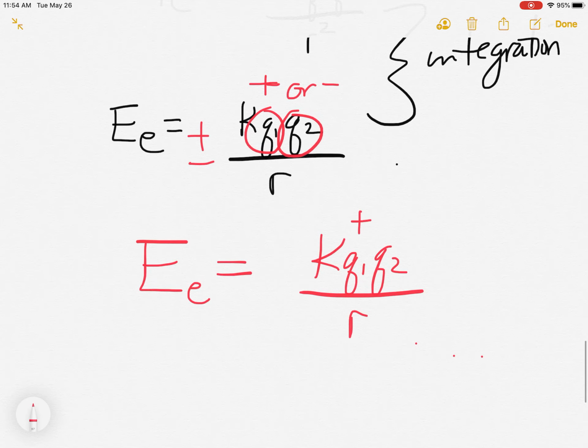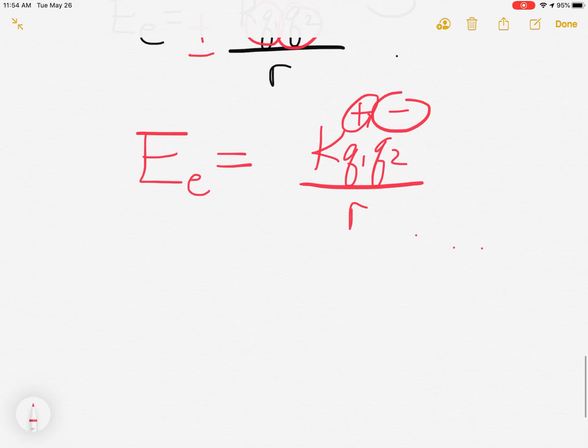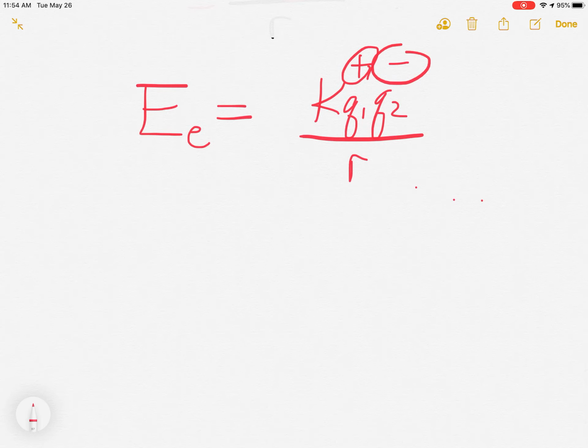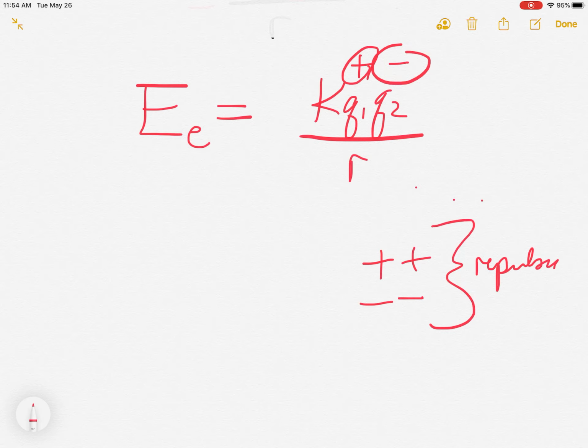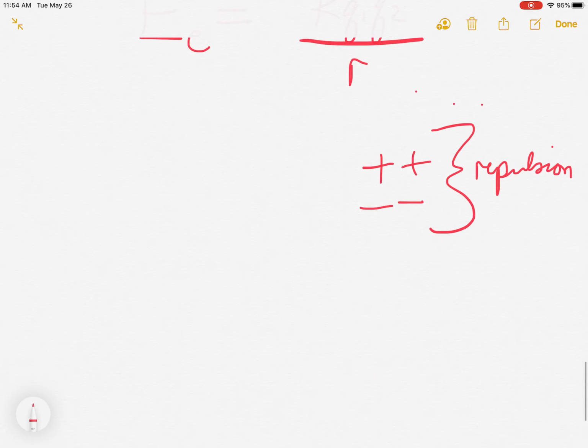But if you had one of each, the case of a plus and a minus gives you a negative answer, which then when you integrate produces another negative, which causes the whole thing to be positive. And so we see that when you have two positives or two negatives, you get the same answer. And that's because these are both representing repulsion in the field, the force field,